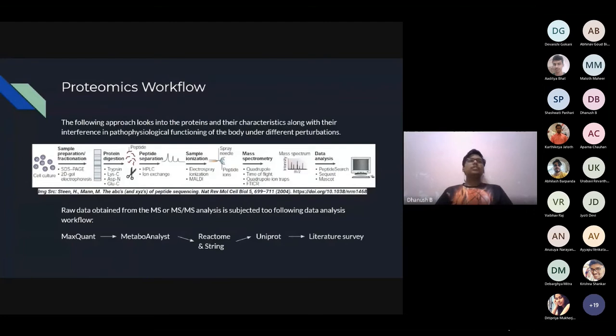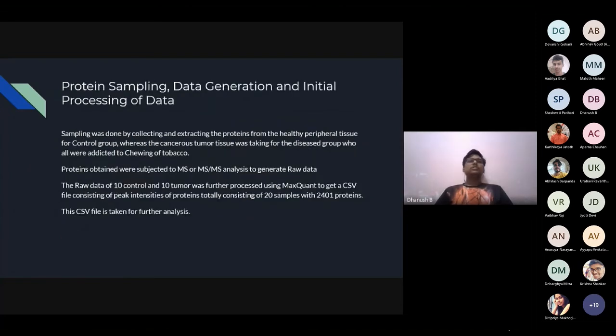Analysis involves the proteomics workflow, where protein content from the tissues is extracted, then digested, then run through mass spectroscopy analysis, and then the raw data is generated. This raw data is analyzed using MaxQuant to generate a CSV file